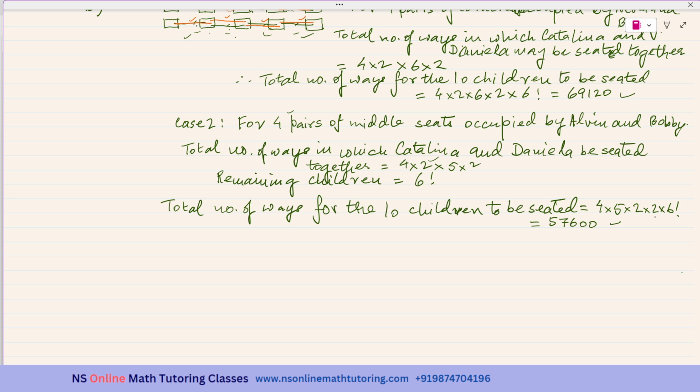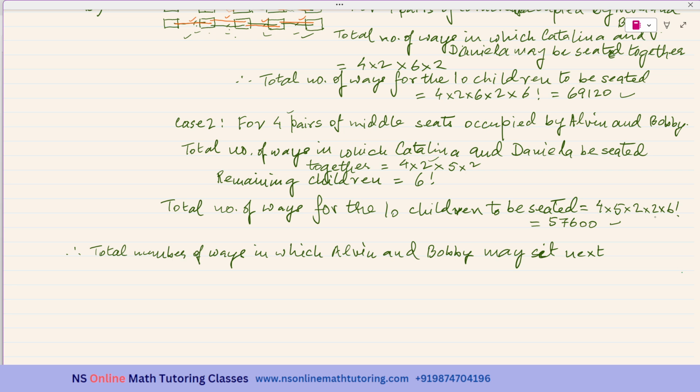Okay, so therefore total number of ways in which Alvin and Bobby may sit next to each other and Catalina and Daniela not sitting together